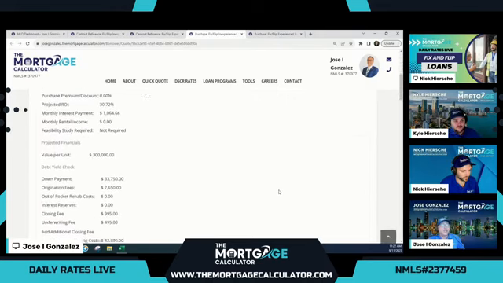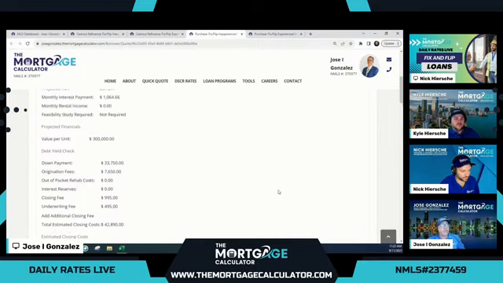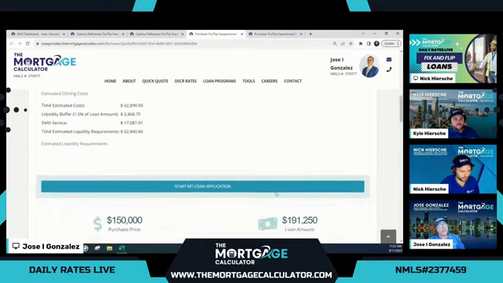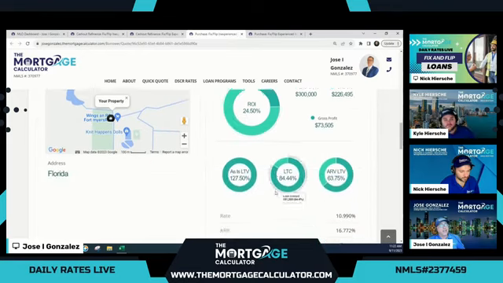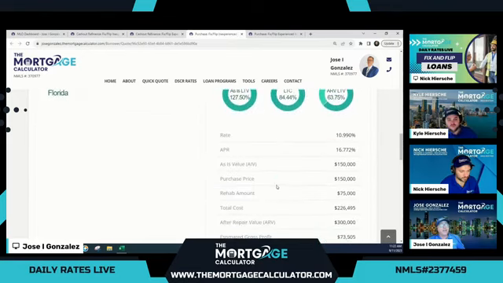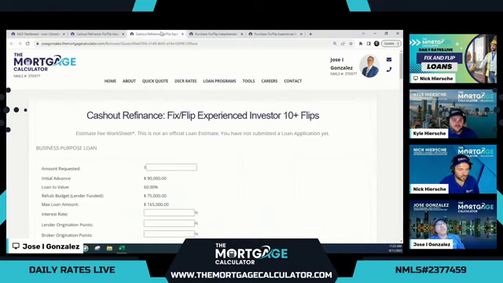Same transaction that we had, $300,000 ARV, $75,000 budget. And in this case, our rate is 10.99%. So they raised the rate about three-quarters of a percent and lowered our LTV to 77.5%. Now on the cash-out refi, this is where they purchase the property with cash and now they're trying to